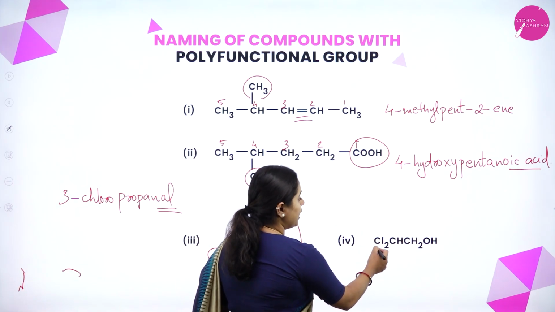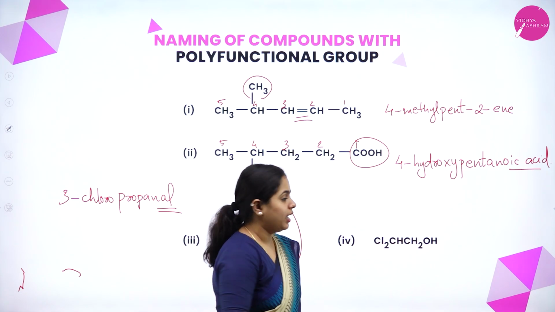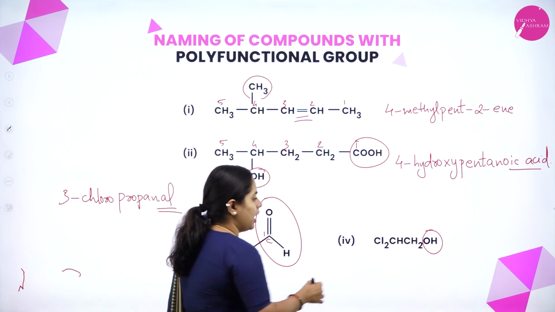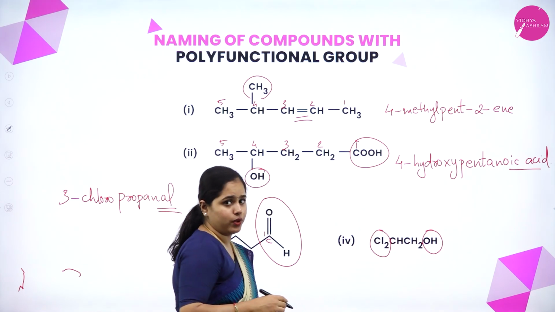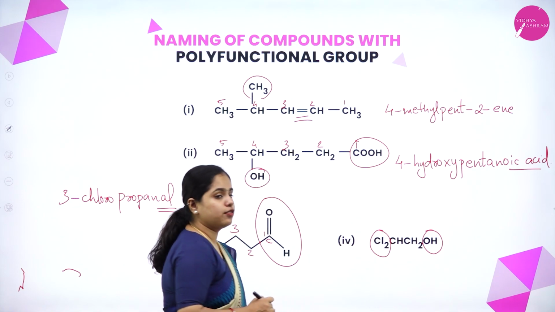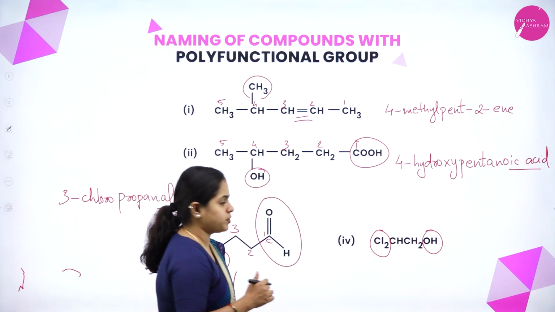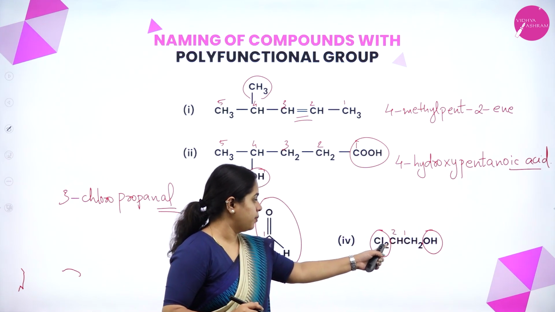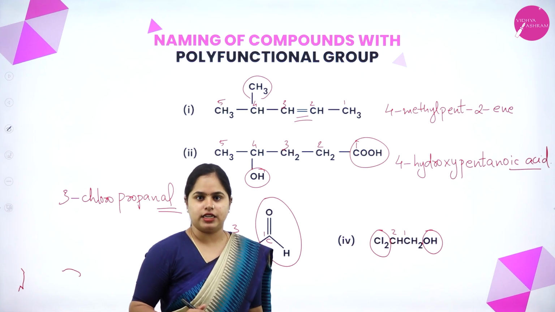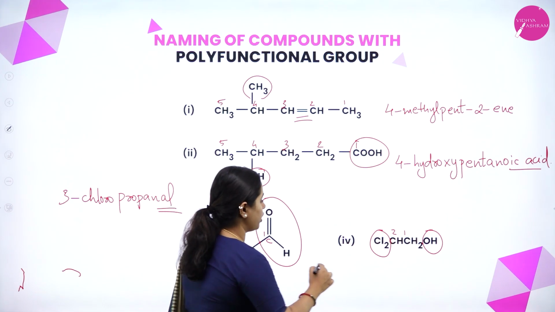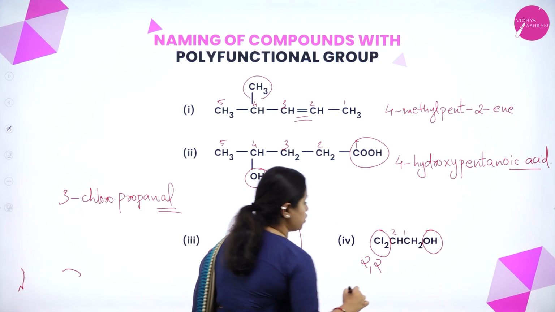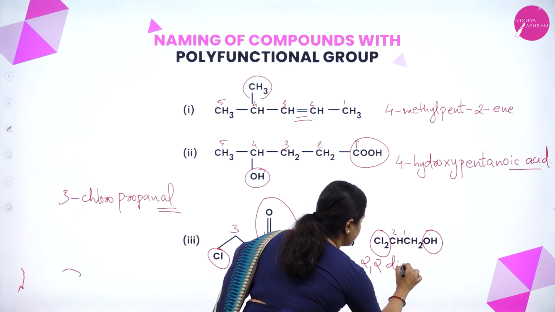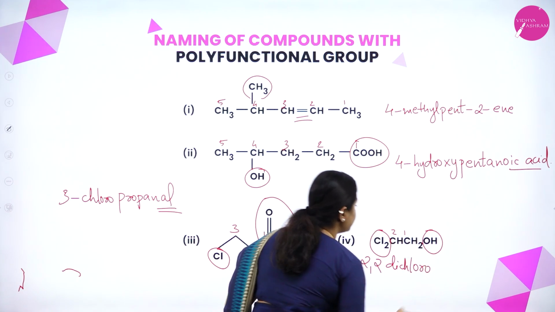Yes, it is Cl2CH2OH. Again, what is the functional group here? There is an OH group, that is, an alcohol group is there, and you can see 2 chlorine atoms as well. Yes, so from which side I have to start numbering? From the functional group side, right? So it will be 1 and 2, right? And on the second carbon atom, you have 2 chlorine attached. Yes, so what would be the name of the organic compound? It will be 2, 2. On the second carbon atom, 2 chlorine atoms are there, right? So 2, 2 dichloro, right?